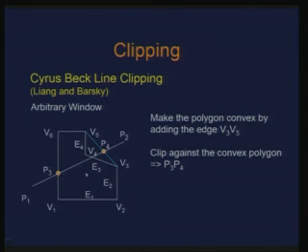Making a polygon convex may involve finding the convex hull of the points. In this situation, maybe it is just a matter of finding where the change of sign occurred, and then I take the two end points which were adjacent to it and join them by a line and make that polygon convex. But the situation could not be that simple, and you may actually need to find a convex hull. So, you understand what a convex hull is?